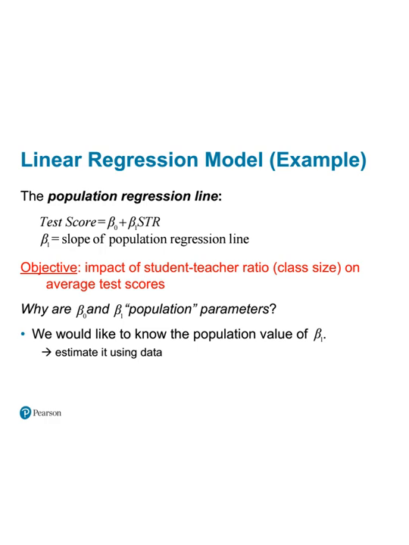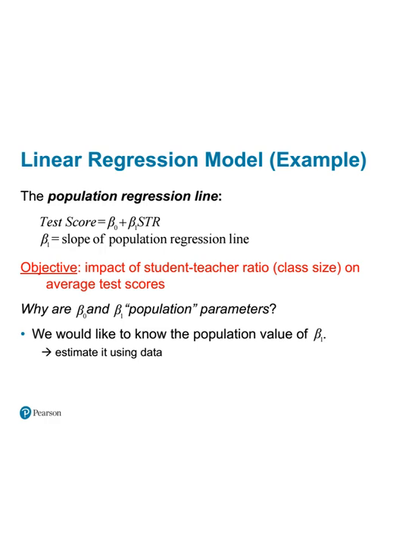So we know in general, at least in theory, that more students in the classroom are more taxing on a teacher's ability to teach, and that might decrease test scores. Now, as you decrease the number of students in a classroom, that leaves a teacher with more time to work with each student individually. That might increase test scores. So we might see that there's an inverse relationship between these two variables. That's our hypothesis. We need to collect sample data to try to estimate this hypothesis and see if it's actually